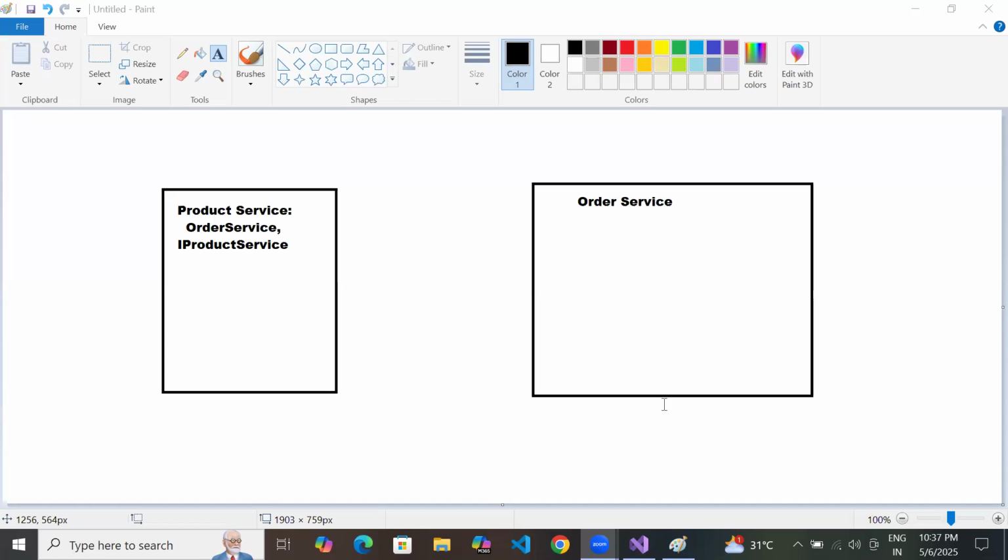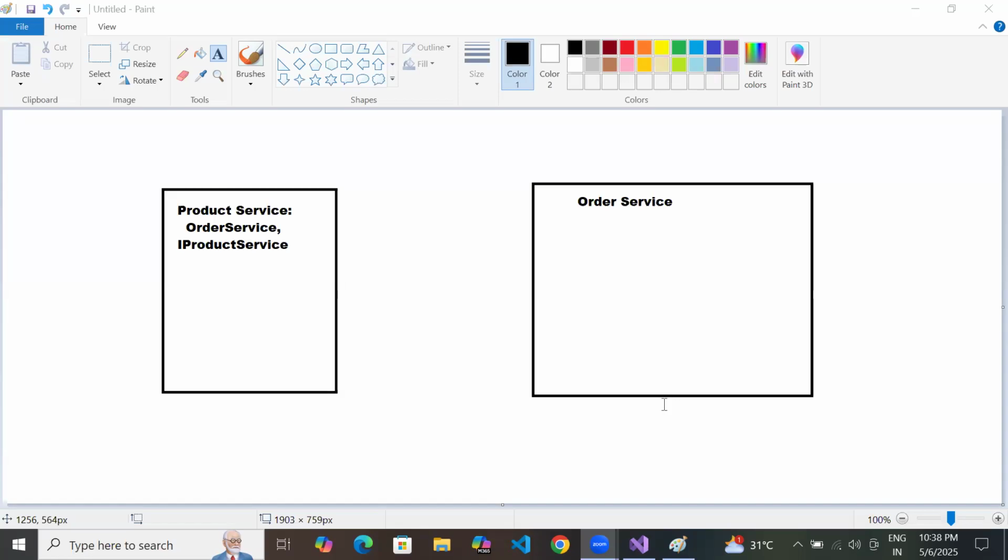See, am I creating an object for the iProduct service or the product service? First point: you're creating an object for the product service. And that object is referred to in my iProduct service. When I refer to the iProduct service object, only the methods in the iProduct service can be accessible.